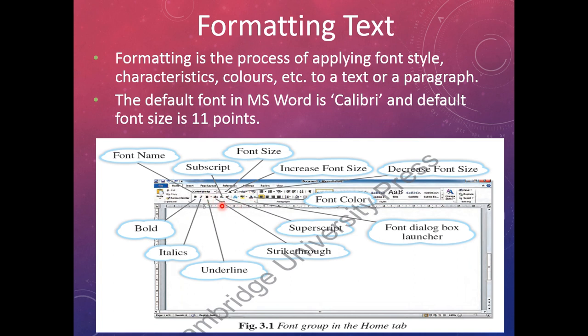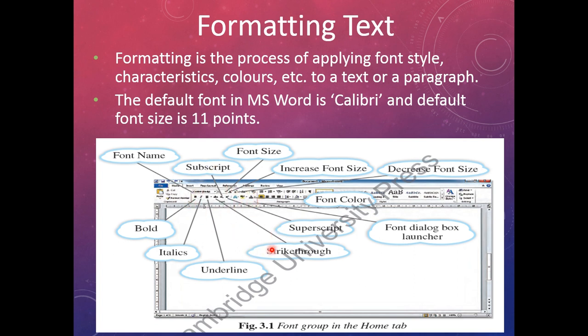In this font group you have all the options for formatting, like font name, subscript, font size, increase font size, decrease font size, font color, font dialog box launcher. Okay, this font dialog box launcher is so you can open the font dialog box.